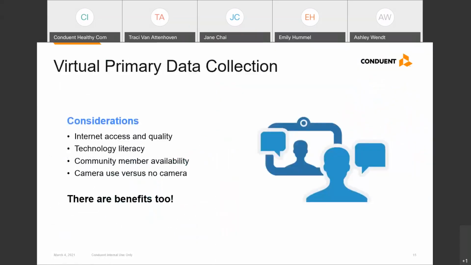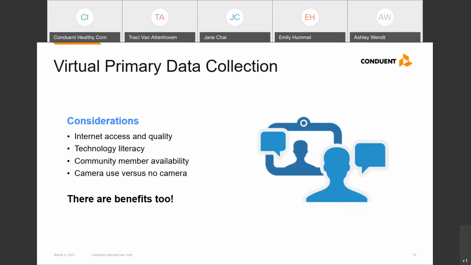On the next slide, I want to talk a little bit about some of the considerations as we had to shift from hosting in-person qualitative data collection to virtual qualitative data collection, as many of us have had to do with our work or with our children in school. It's a steep learning curve to have to make that shift sometimes when we ideally want to be able to host those focus groups in person, sit down with a community, having a really meaningful conversation.